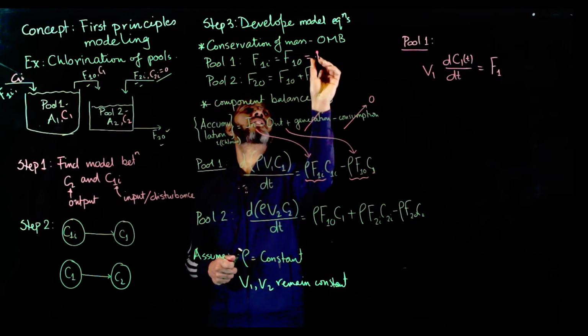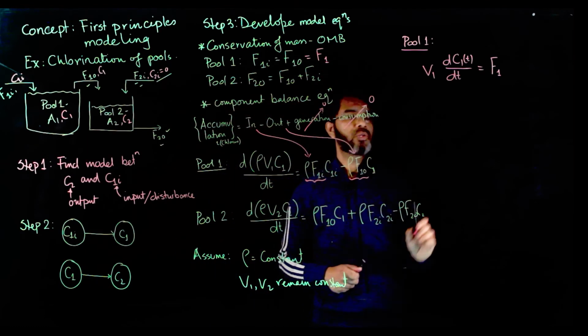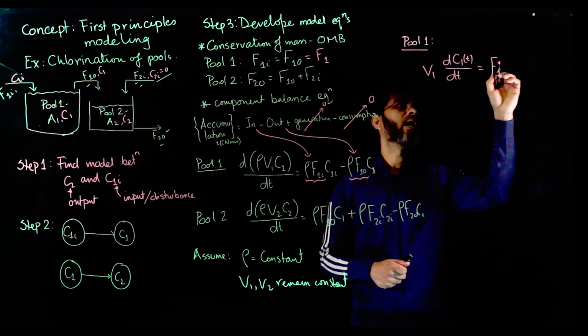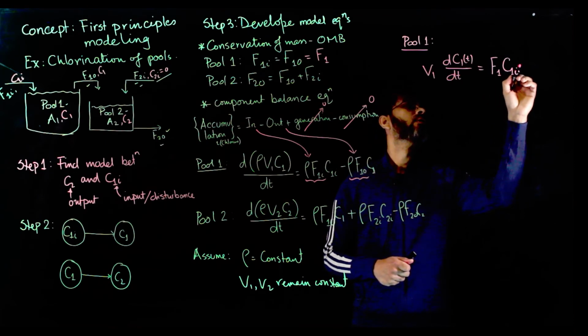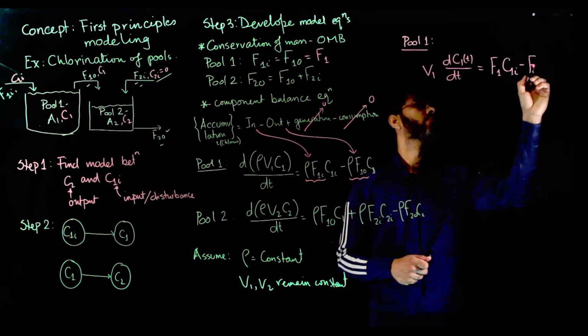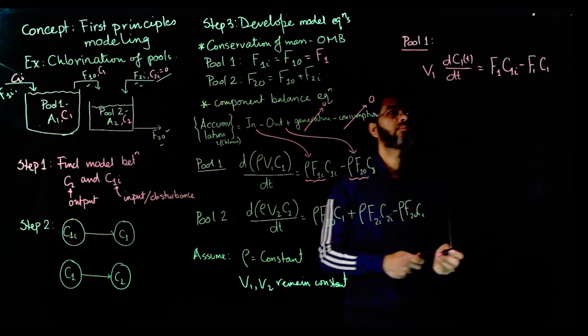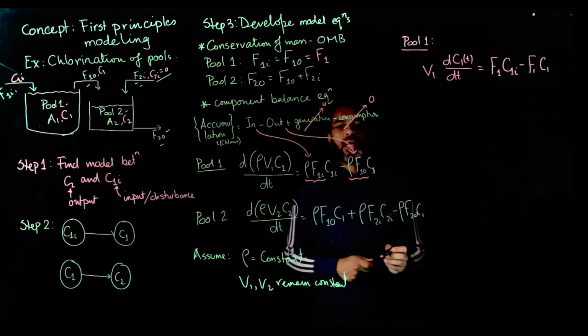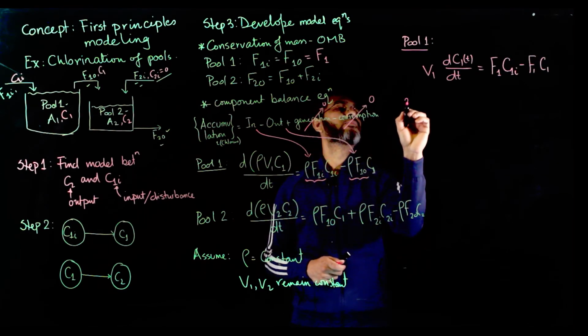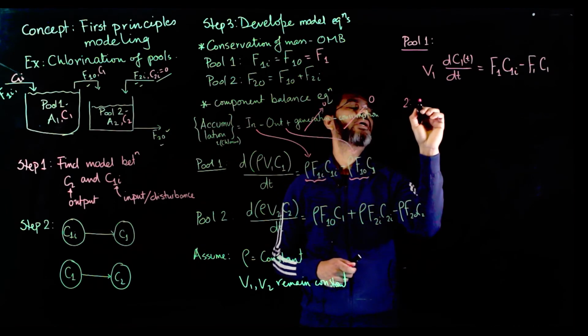If I simply call this F1, using one term instead of two terms, F1 C1I minus F1 C1. And for pool 2, we'll get again V2